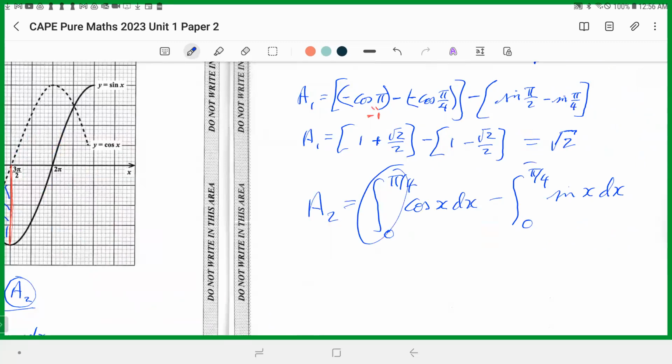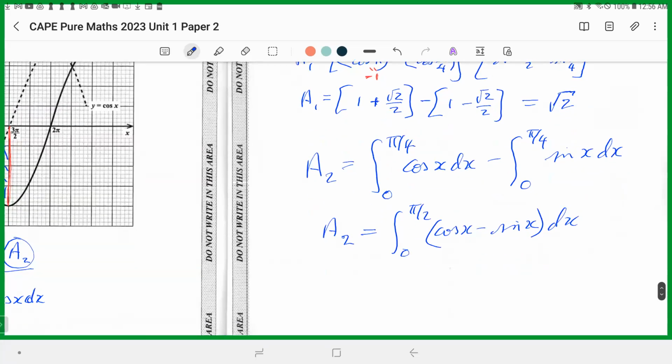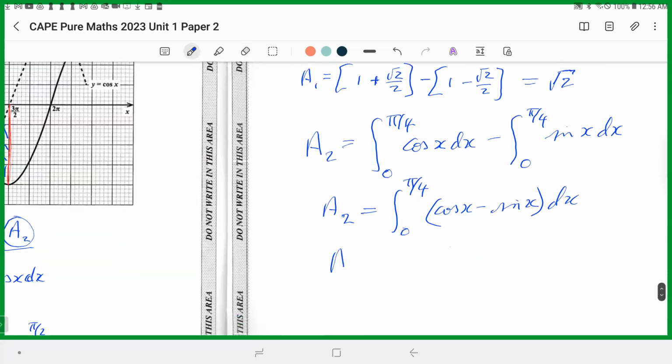Because these are the same limits, we can consolidate and write area 2 equals the integral between 0 and pi by 4 of cos x minus sine x dx, because they have the same limit. So that's what we'll do. Pi by 4, right? Pi by 2 is supposed to be pi by 4. So area 2 is going to be